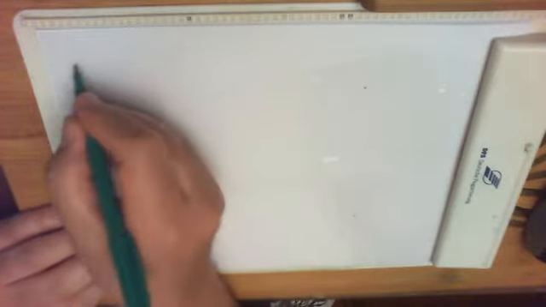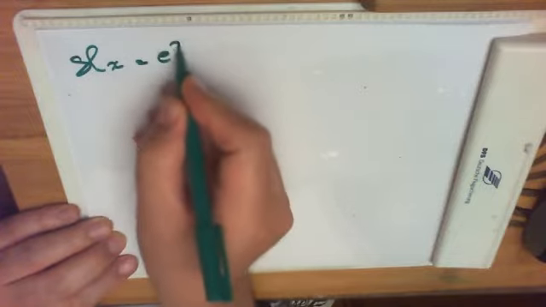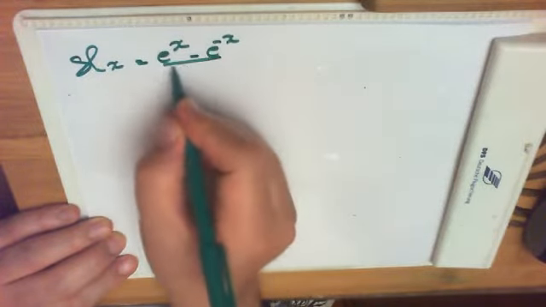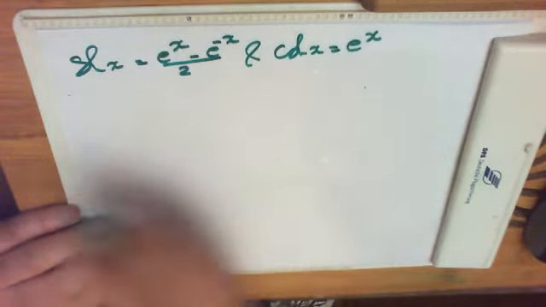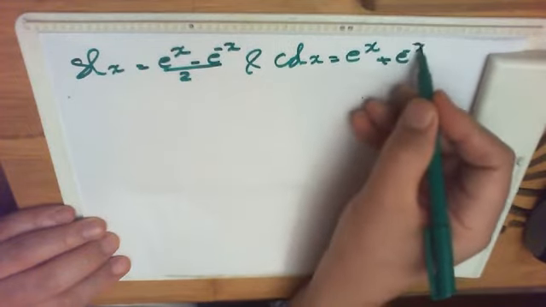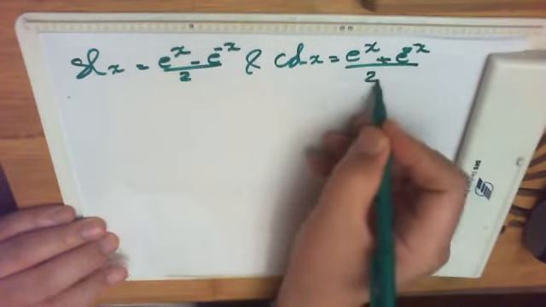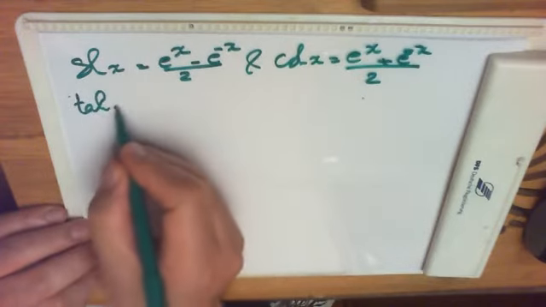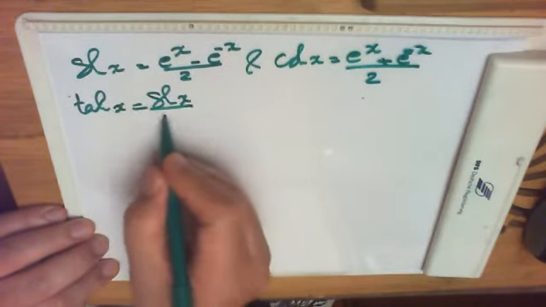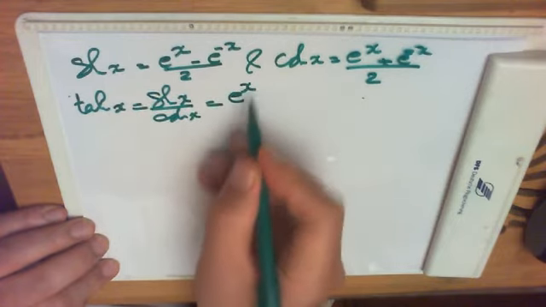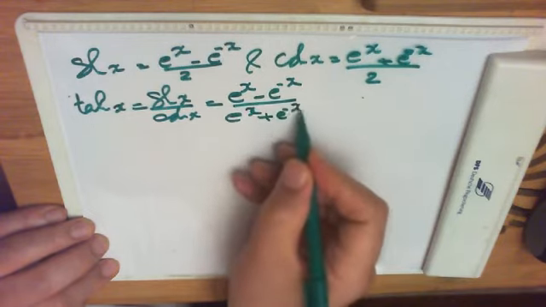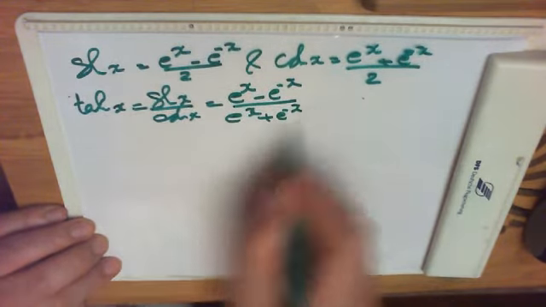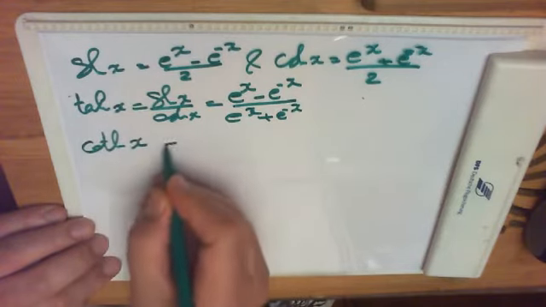Remember with me, we defined the function sinh x as e to x minus e to minus x divided by 2, cosh x as e to x plus e to minus x divided by 2, tanh x as sinh x divided by cosh x, or e to x minus e to minus x divided by e to x plus e to minus x, where 2 cancels 2,